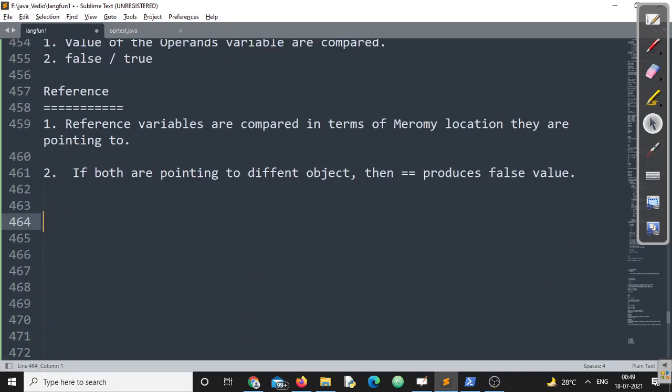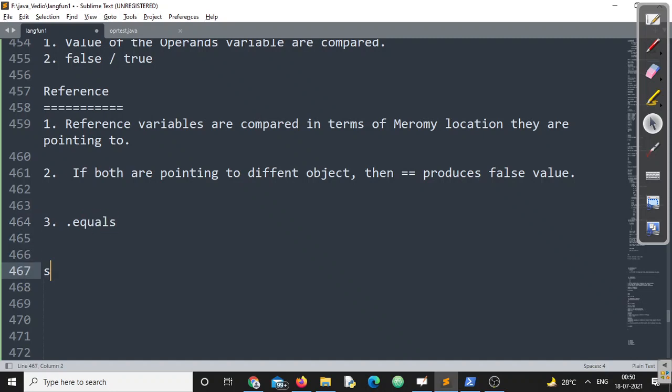Now, you can ask me, sir, do you have any other process so that the content of both the reference variables can be compared? Yes, we have a method. For that, we have a method called dot equals. So how can we use it?